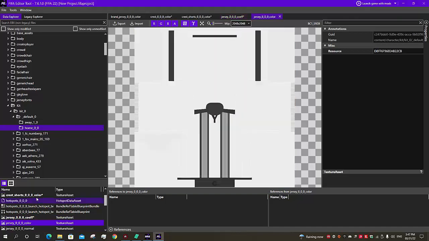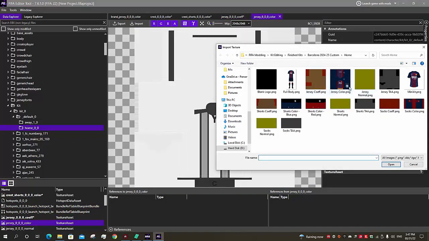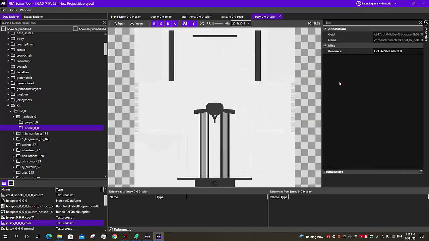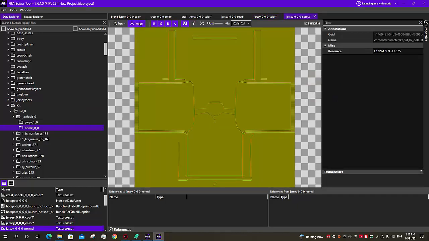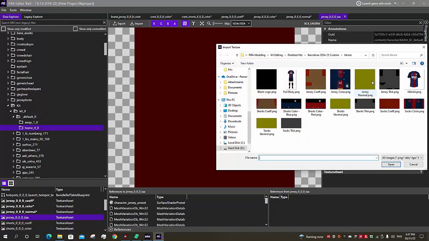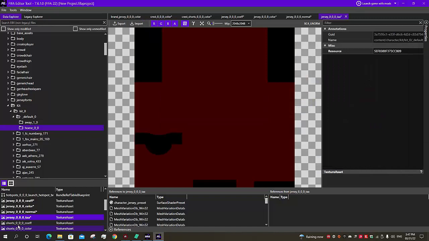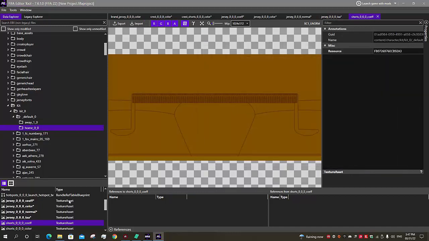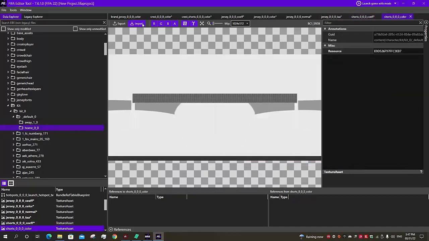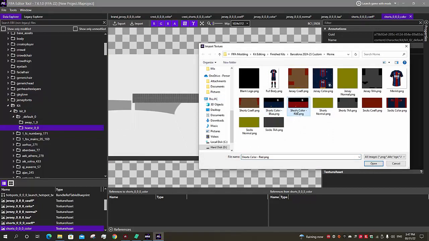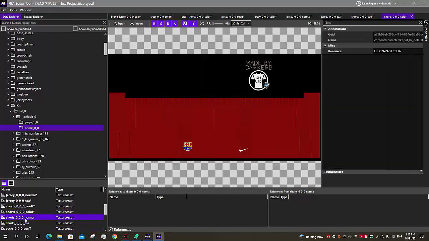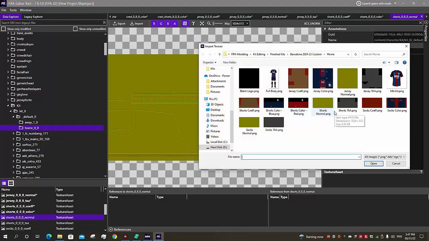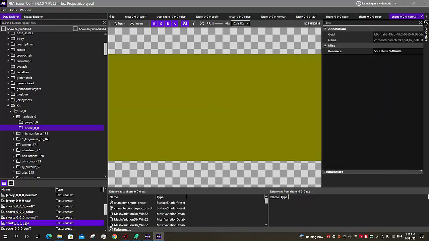I use empty coefs and normals and TAA files since I personally do not see the need to really go into that level of detail, but if you do, that's up to you. And these files, whether you made them yourself like me in Photoshop, or you use the kit creator online, you will practically have the same files. So go ahead, import all these over